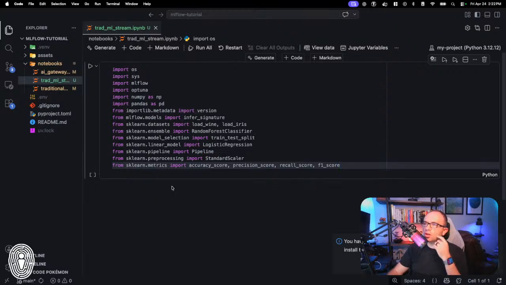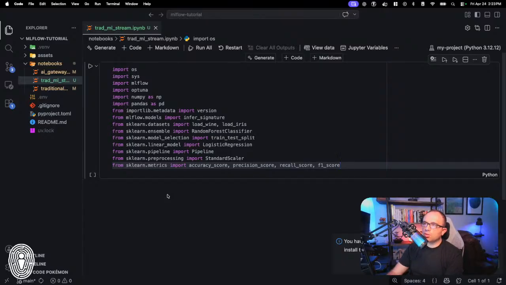Across this notebook, we are actually going to be working with two different data sets to train two different models, and I'll share why later on in the stream. But first, we're going to start off with the iris data set. This is a classification data set that is looking at different iris flowers, and the features associated to it can help determine what is the appropriate class of the flower. I believe that's what it is. We're not doing anything fancy with this data set. In fact, we're not doing any sort of feature engineering. We're basically going to load it in, split it between a train and a validation set, and then be on our way. Not going to concern ourselves too much with the actual build of the model itself today.